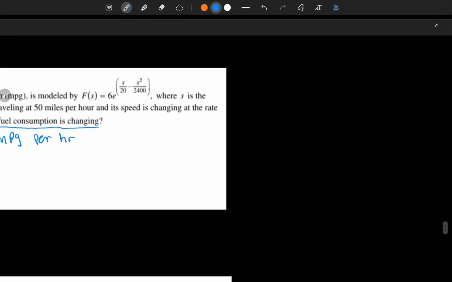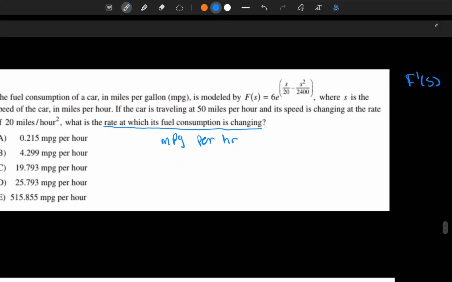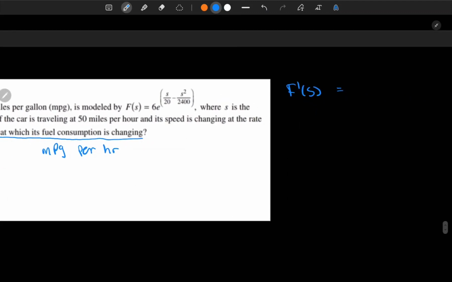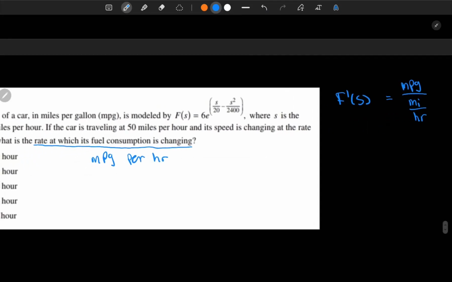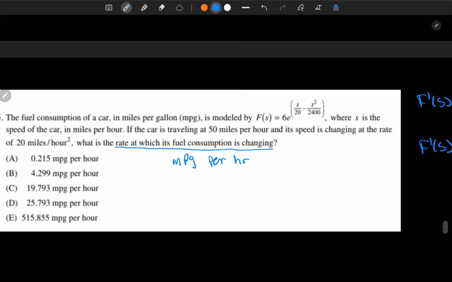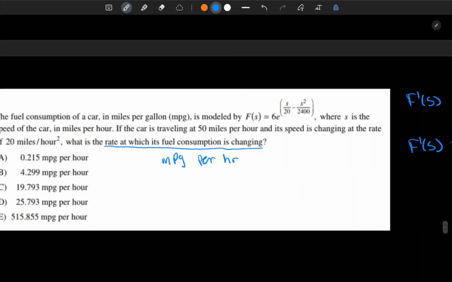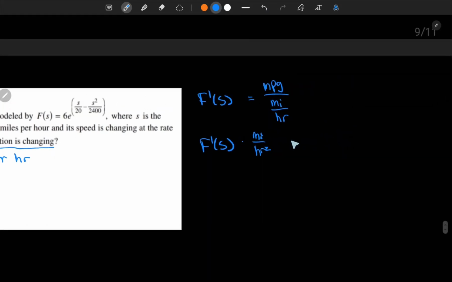Then we note the units of f prime of s. f of s is the fuel consumption, or miles per gallon. If we take the derivative with respect to s, then we divide by miles per hour. So this should be miles per gallon divided by miles per hour. Then we wish to get from this to something in terms of miles per gallon per hour. The way to do this is to multiply f prime of s times the rate of change of the speed. So if we multiply this by miles per hour squared,